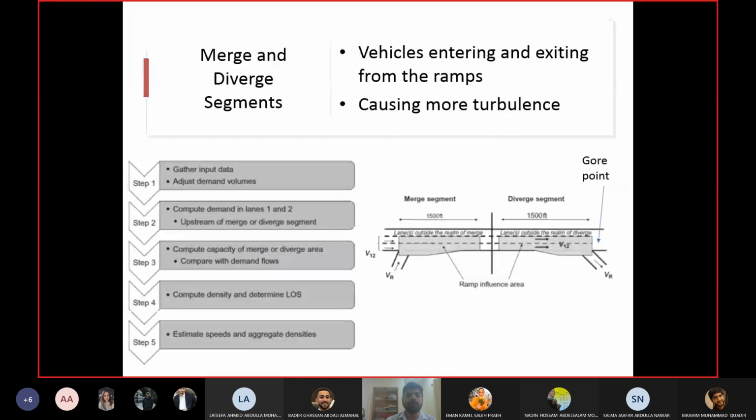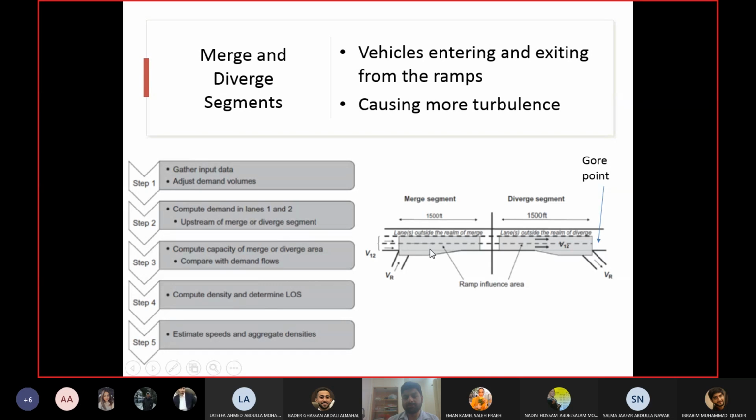Okay, now we can start the discussion about vehicles. This is what you have done, freeways. You have already done freeways in the traffic engineering course as well, but this is something new, and this is also part of freeways: merging and diverging segments. I already explained in the previous lecture, merging and diverging means what? Where does the merging happen? You can see it in the figure as well.